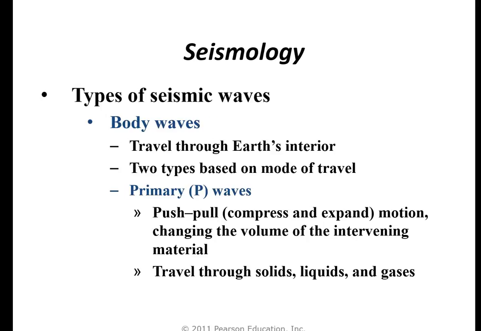We can have body waves. These are traveling through the Earth's interior, and two types are based on the mode of travel. One is the primary P wave. This is a push, pull, compress, and expand motion, changing the volume of the intervening material, and they travel through